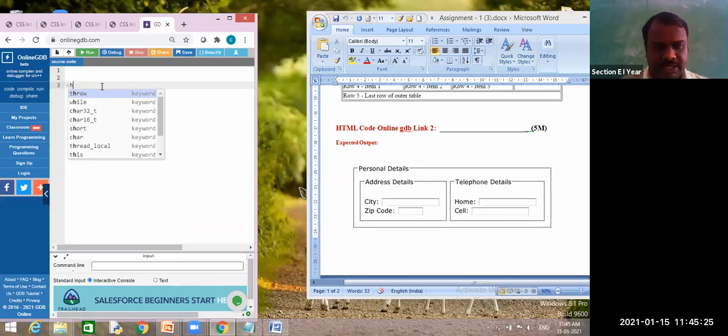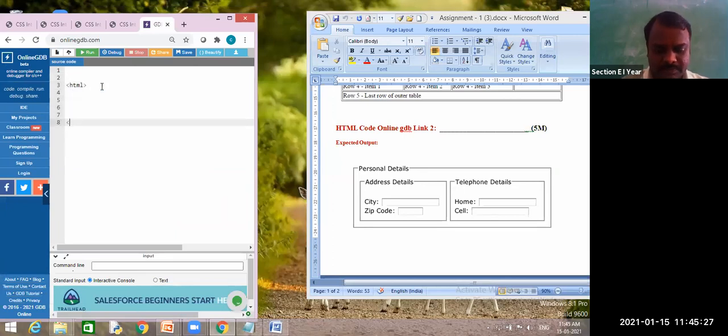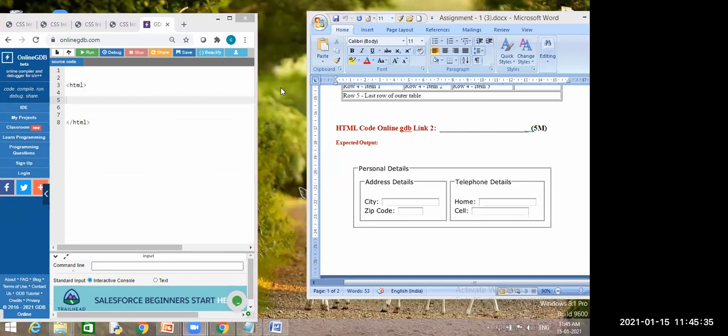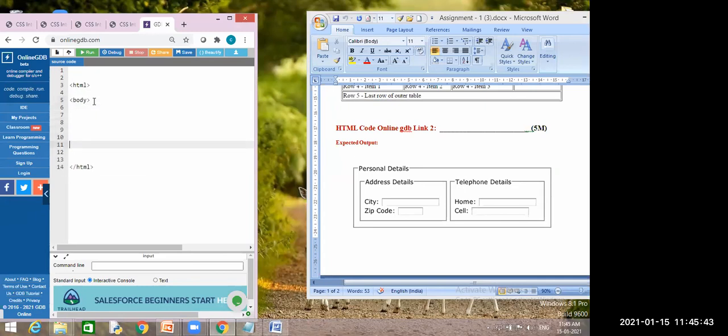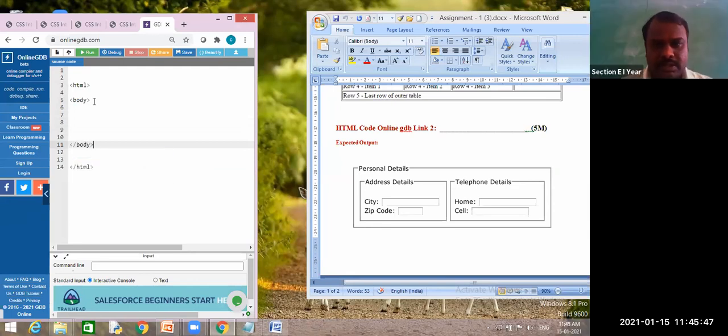See, this is an HTML program. Yes or no? Tell me your name. Muzamil, sir. Okay, Muzamil. I will write only the body tag, basic things. What does this body tag basically contain? One field set or not? Outer field set. Yes, sir.